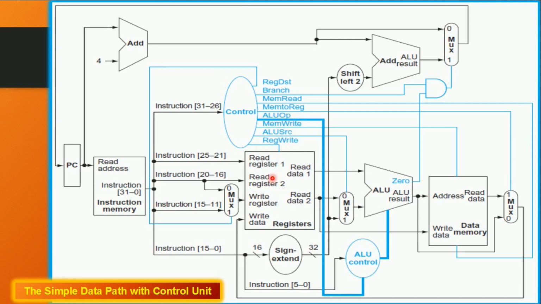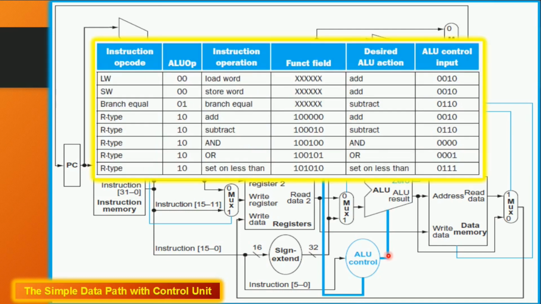If I want to write any data to the register, I will be asserting RegWrite. If I want to read any data from the register, I will be deasserting RegWrite. If you see, all the control signals are single bit except ALUOp. The bolded control signals are not single bit. ALUOp is a 2-bit control signal, and the control signal to the ALU is a 4-bit control signal. So this is the control chart.